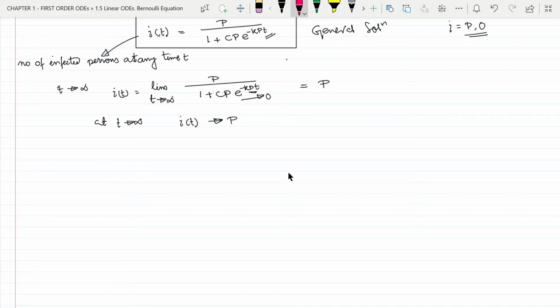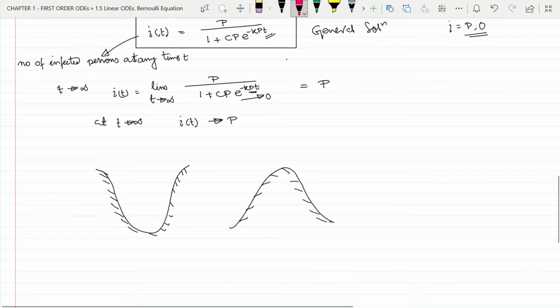Now let us discuss a little bit more about the physical significance of stable and unstable equilibrium. Let us take this valley and this mountain. Now let us keep a ball exactly at the bottom point of the valley like this and exactly at the top point of the mountain. We can see in both of the cases the ball will stay there.